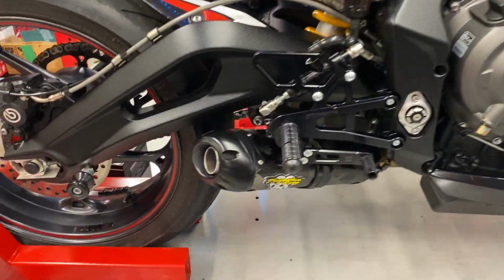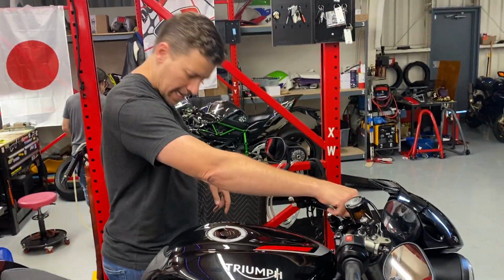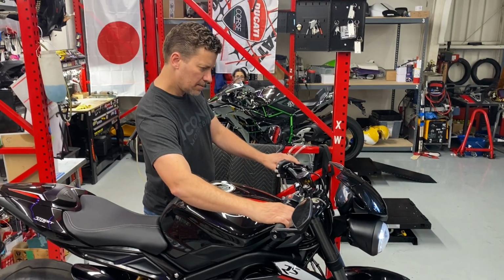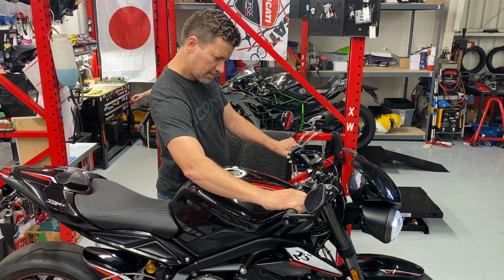And while we're at it, have you started already? No, not yet. All right, let's start this one. It's pretty tame. I think it has a stock exhaust on it. No, it has the Two Brothers carbon. Oh, there you go. See, I missed that too. I can't remember how to start these things. Eventually,